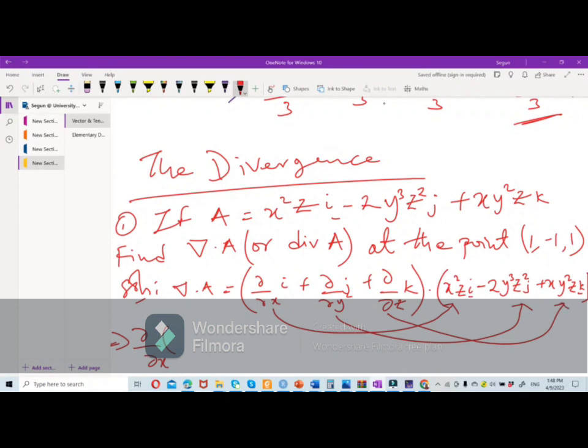When you are picking one component, the others turn to 0. So you just pick the one you need for each of the components. You don't need to put i again because i dot i will turn to 1. So plus